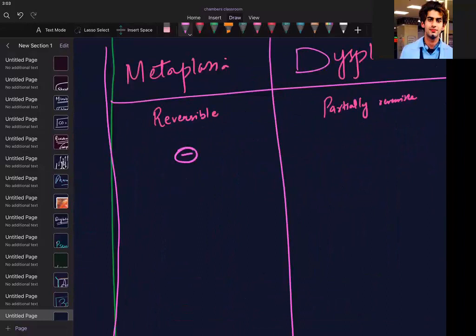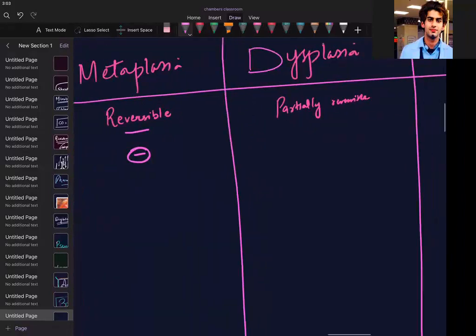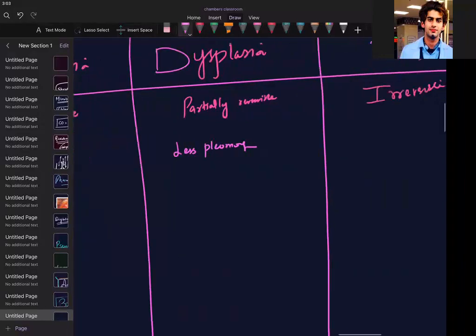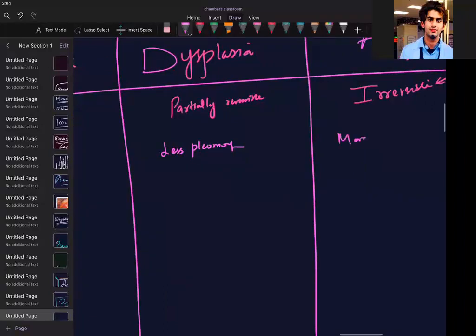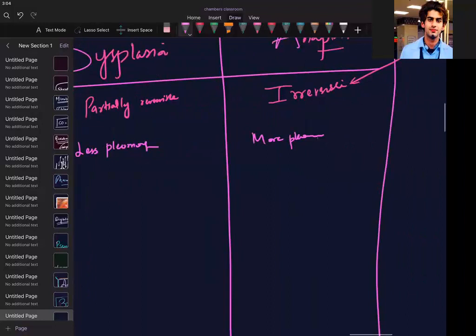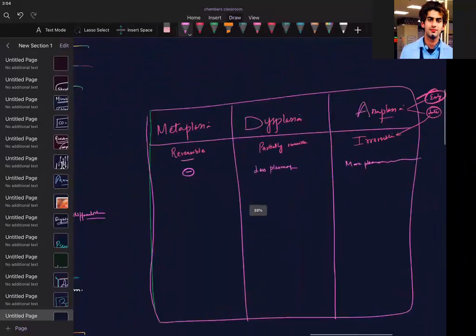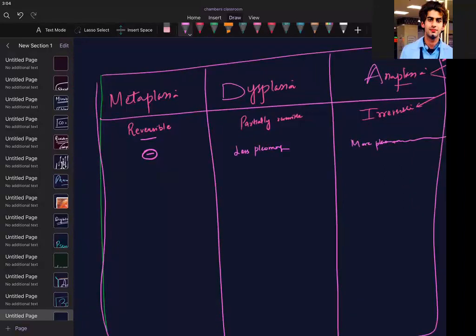Pleomorphism, that means if it is reversible, it should be absent. There should be a beginning, or I can say a lesser amount of pleomorphism. And here I can write more pleomorphism. If you want to write fast, what do we do? We'll do like this, isn't it? This is actually a very nice way to save time. Then what do we write? We'll be writing about